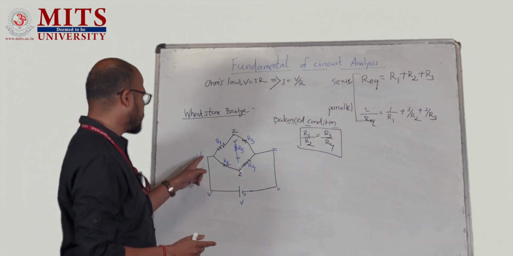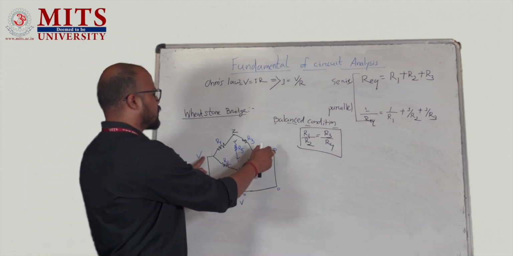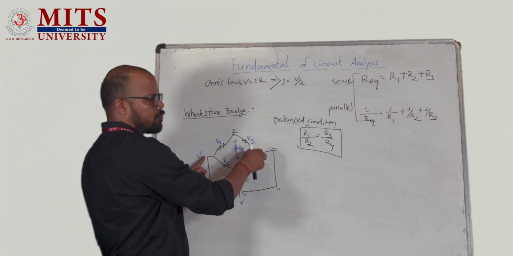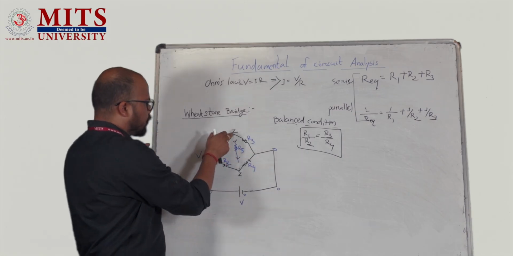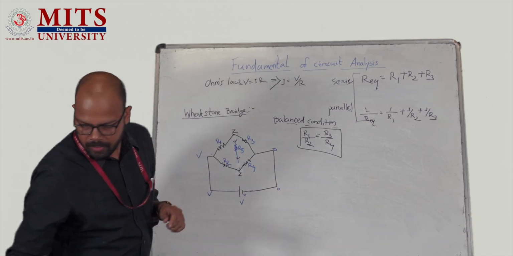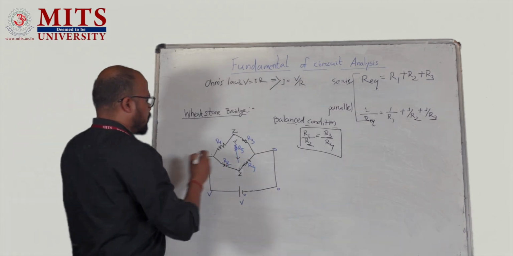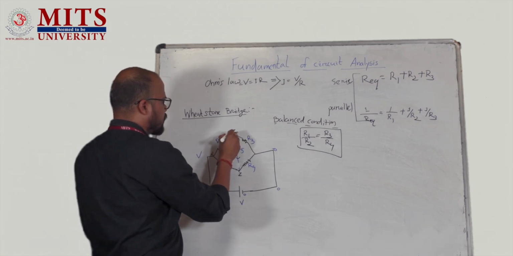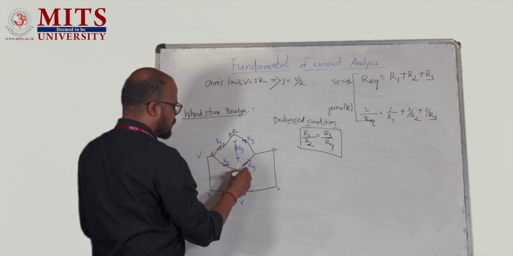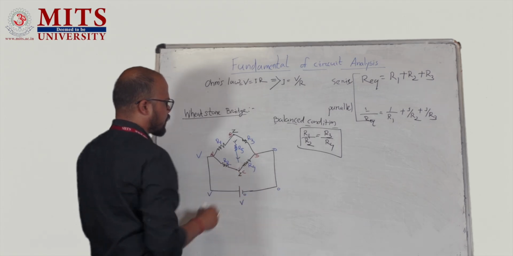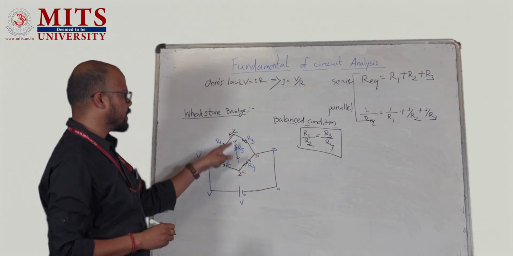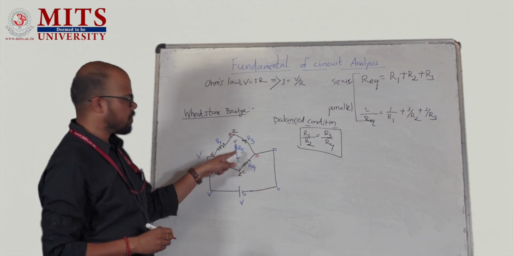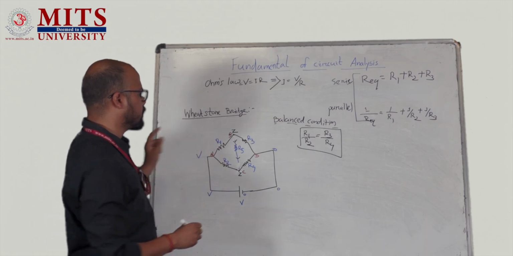Here this is at higher potential and this is at lower potential, so the current will flow. But suppose let us name this point A, this point B, this point C, and this point D. When points B and C have the same potential,